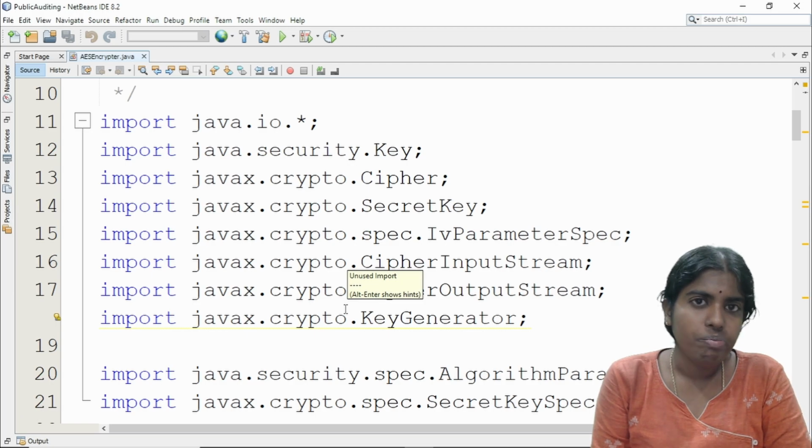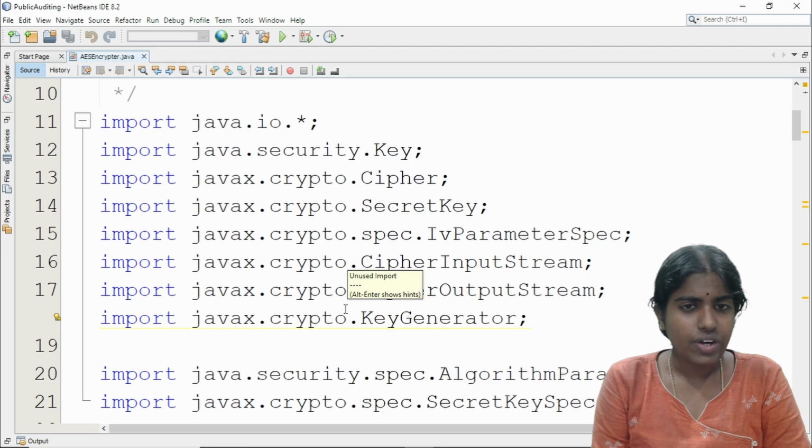I'm importing java.security.Key, javax.crypto.Cipher, and javax.crypto.SecretKey. So firstly, I'm importing the corresponding packages and libraries.